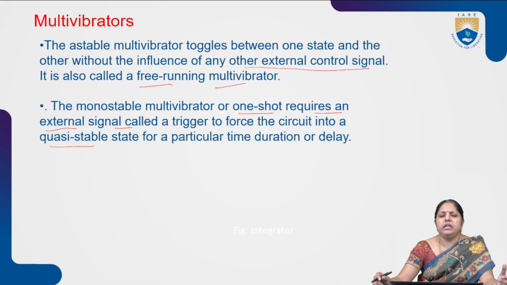If I want to change the state of the system, I need to go for either the monostable multivibrator or the astable multivibrator. In the astable multivibrator, for the change of states, no external trigger pulse or external circuit arrangement is required. But for the monostable, an external trigger pulse is required to move from one state to another. After moving, it stays in that state for some particular duration of time, and then the system comes back to the original state.